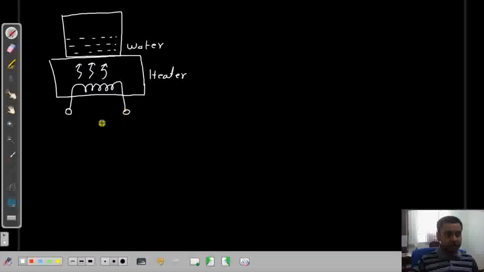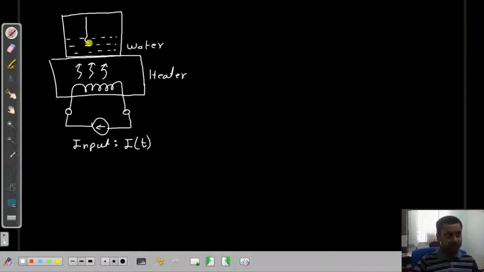Let me call the current which flows through this coil as the input to this system, call it I(t). This is the current which is the input, and let me put a thermometer